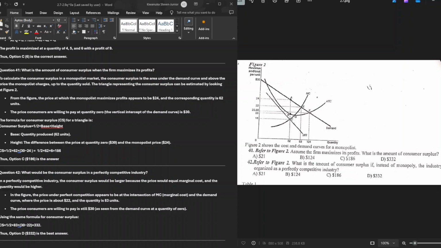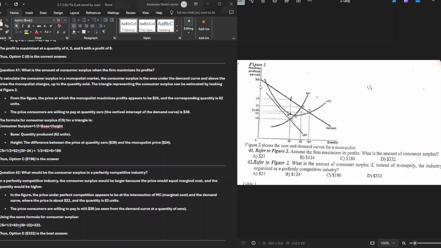The price would... and the consumer surplus would become larger because the price would equal marginal cost. So we find out at what point price is equal to marginal cost, and we see this marginal cost. So the price is 22, and the quantity demanded is 83. And I think from here we can see that the consumer surplus has now increased from here to here, up